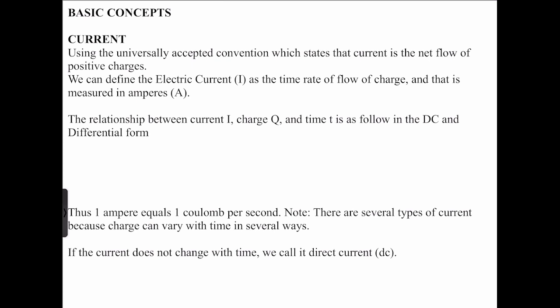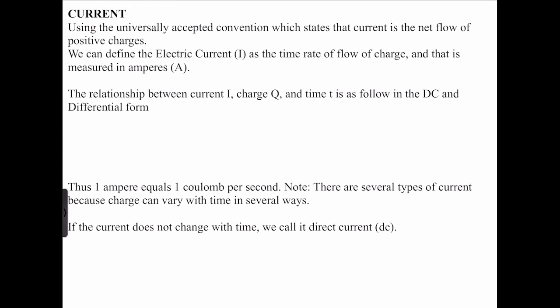So using the universally accepted convention, which states that current is the net flow of positive charge, we can then define electric current, I, as the time rate of flow of charge, and that is measured in amperes. The relationship between current I and the charge Q and the time T is as follows, in DC and differential form,